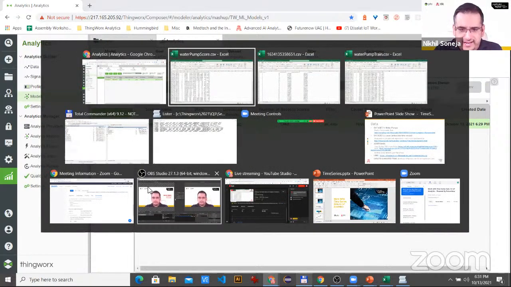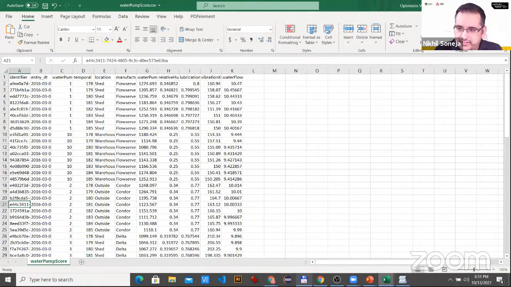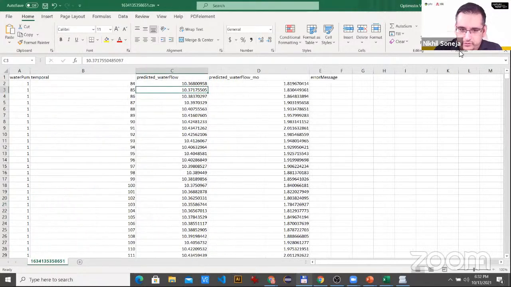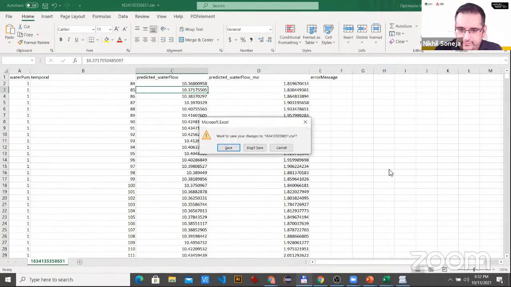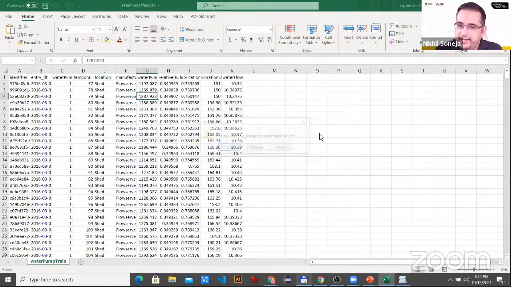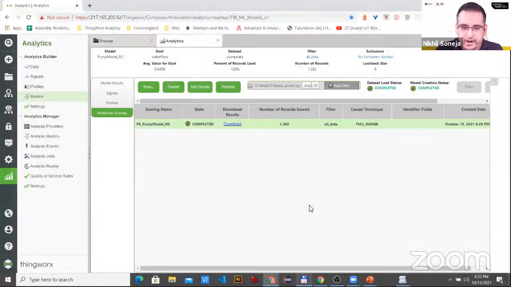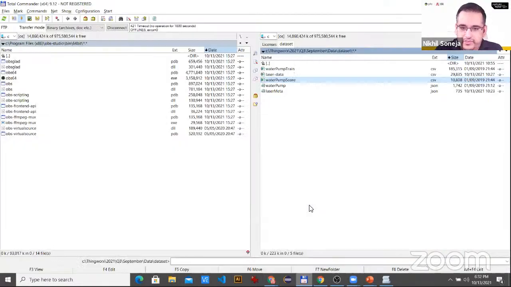Now, our other data set is much simpler. I'm going to close this because we are done with the water pump data. You don't need to save this. This is again generated, so you would create that. Again, please feel free to play around with the data once it's on there.